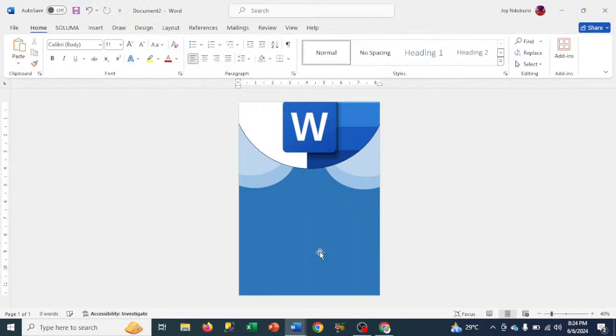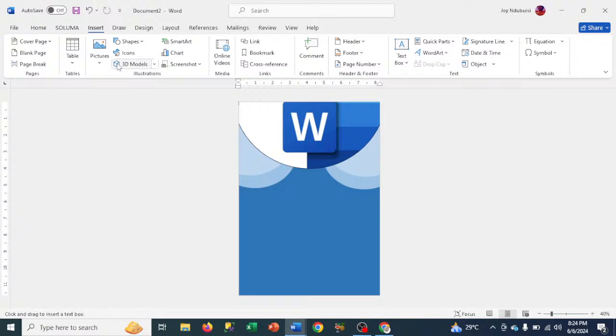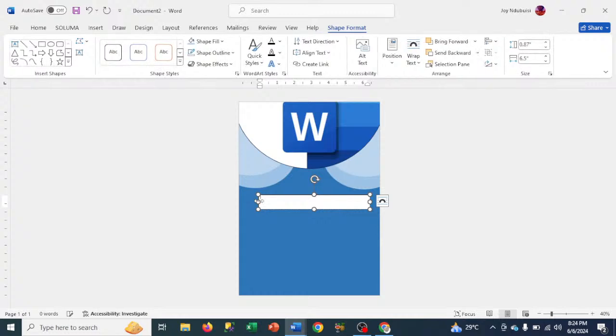Let me delete this. Now, having gotten this, if you have your own picture, if you have your own image, you can insert here whatever image of your product, of your logo, of your office image. You can use that. You can use rectangle, depending. It's a choice. So after that, I can come here, come to text box, and then select this and put here. Inside it, I can write